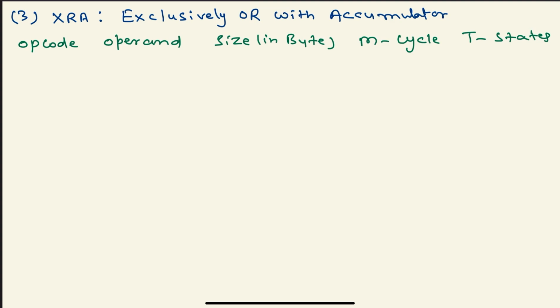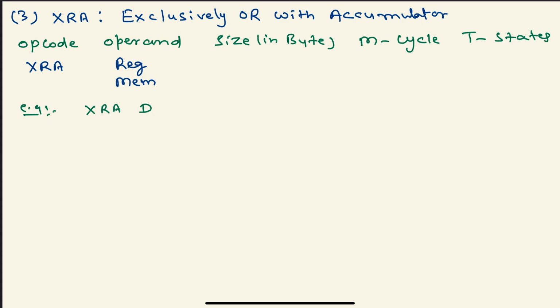So here, the opcode of this instruction will be XRA, and as an operand it will have either an 8-bit register or memory. Now we'll see the remaining fields later, and first of all we will understand their operation in detail. So let's say, for example, if I am taking this instruction as